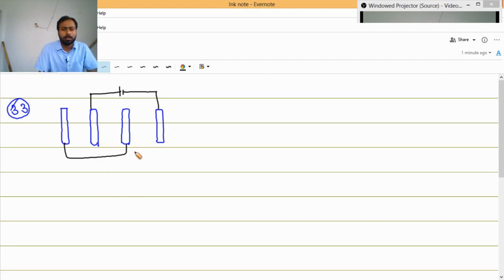See here in this problem, suppose we call this point X. A wire is joining this point to this point, and in between there is no passive or active parameter, so this point is also the same. Since in this line there is one active parameter, that is the battery, we cannot say that this point and these points are the same. This is just to understand for the beginners.